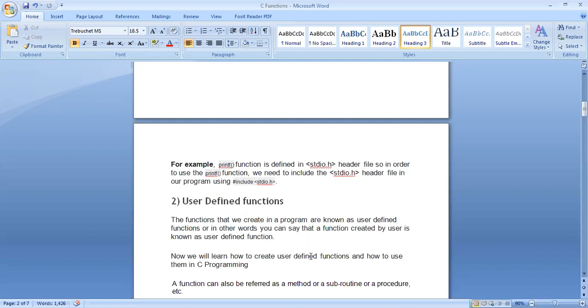You design your own function. You design the entire body on your own, because they are not available in the C compiler, so you will have to design it on your own. And then once they are designed, just save it, and then you can keep on calling them again and again as per your requirement. So that is why we use functions, to ease the task, to reduce the lines of code.